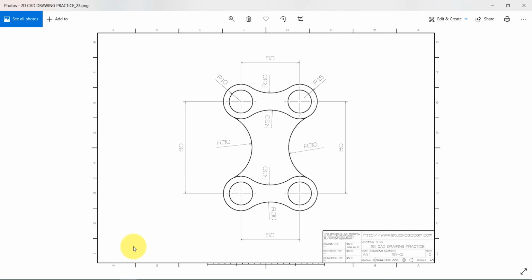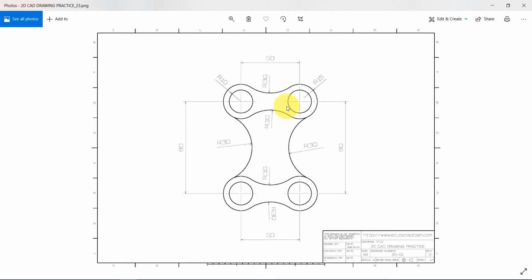Hello again. Now we are going to sketch this drawing. There's a very important point we should learn from this drawing. Whenever you have to sketch any sketch, I want you always to look for the symmetry. Like, if we have a look at this sketch here,